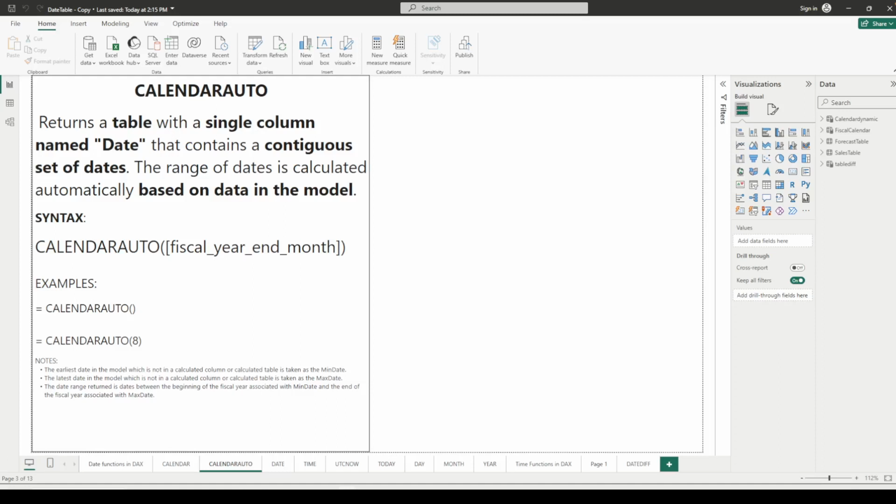Hello everybody, in this video we'll talk about the calendar auto function. Calendar auto is very similar to the calendar function that we saw in the previous video. It returns a continuous date with a single column. So the one difference between the calendar function and the calendar auto function is it automatically scans the minimum date